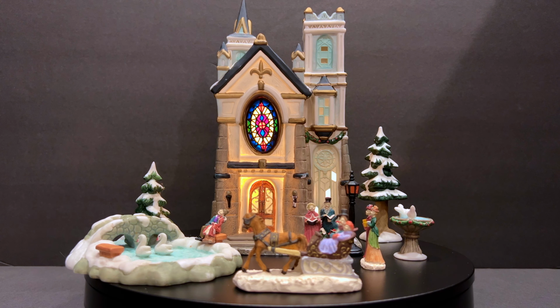So I deep dived on some of the information that I did find, and that's kind of what we're going to talk about today. But if you have this set or you know anything about it, please let me know in the comments below. So starting with some of the facts, this house here, or this set rather, was released